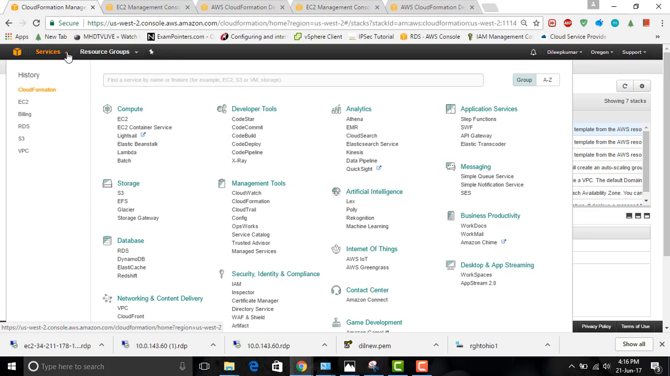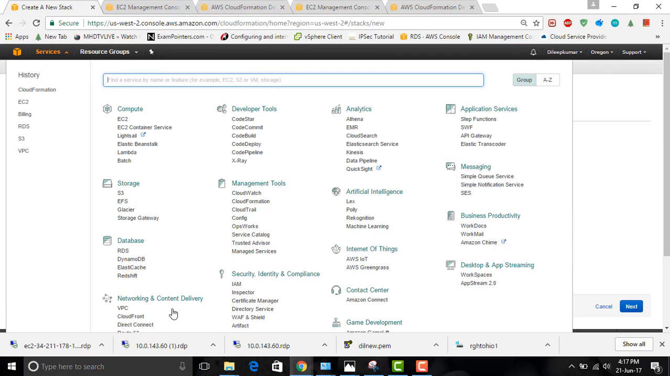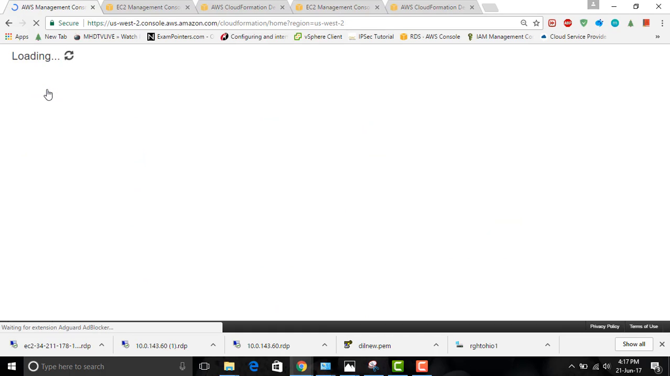Sorry, it's taking a little time. Now in the AWS Cloud, select CloudFormation. As you can see now, in this,